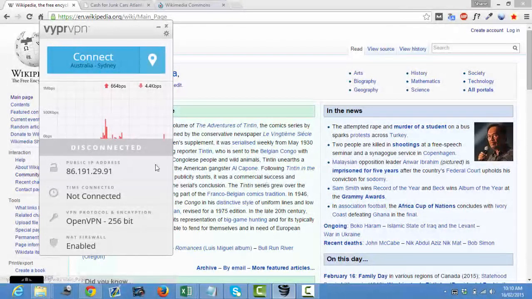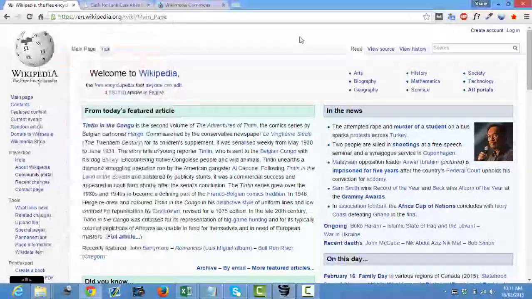A lot of the IP addresses that you're given using these software have already been banned by Wikipedia, but I found Hide My Ass had about 60% maybe of the IP addresses that they give you from different areas around the world will work on Wikipedia, as in they haven't been banned. In terms of the regions, New Zealand, Australia, all the Scandinavian countries, and some US states, I have the most success with. So at the moment, I'm connected to Australia.